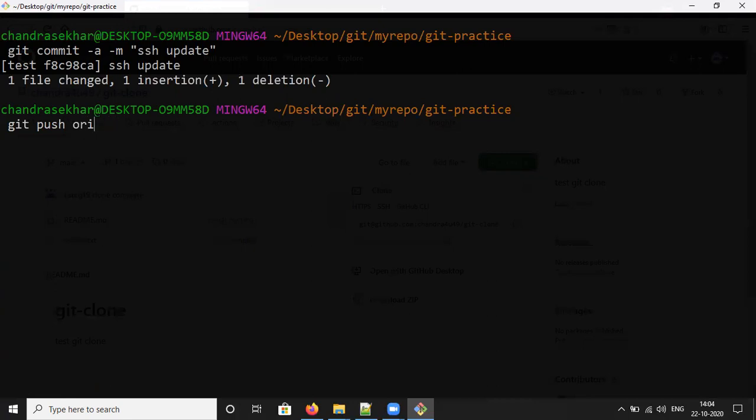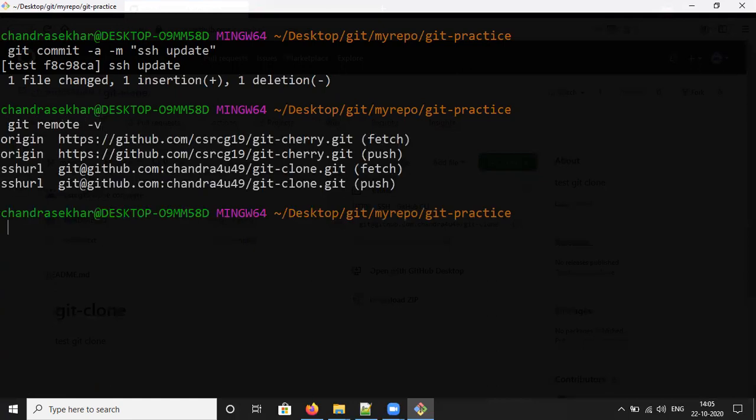Git push origin. Instead of origin we need to use the ssh url because we added the ssh url earlier. It was origin, now it is the ssh url. You can check with git remote -v. Instead of origin we are using the ssh url.